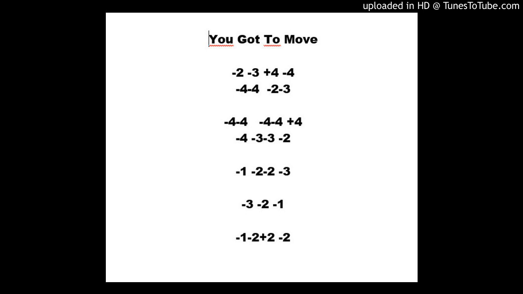7 bars. Here's the first phrase that Fred does in You Got to Move. Open, 4th, 5th, 7th, all on the G string. Then 7, 7, open, 3, 4. Then 7, 7, 7, 7, 5. Finally 7, 3, 4, open, all on the G string. With the slide,